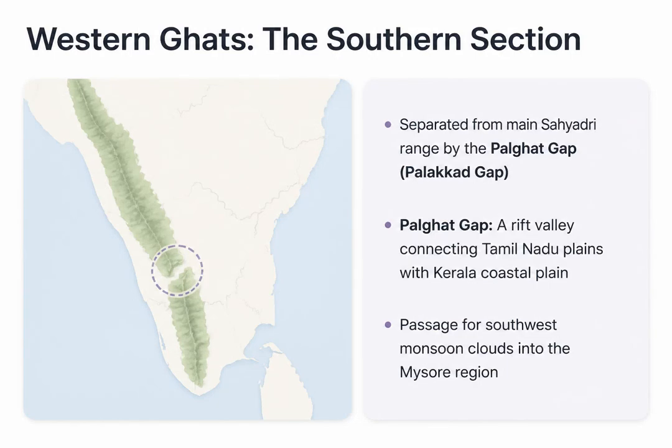The southern section of the Western Ghats is geographically unique because it is physically separated from the main Sahyadri range by the Palghat Gap, also known as the Palakkad Gap. This gap is actually a rift valley that serves as a crucial transportation corridor, connecting the plains of Tamil Nadu with the coastal plains of Kerala via road and rail. Ecologically, it plays a massive role too. It acts as a funnel for the southwest monsoon clouds, allowing them to penetrate inland and bring much-needed rain to